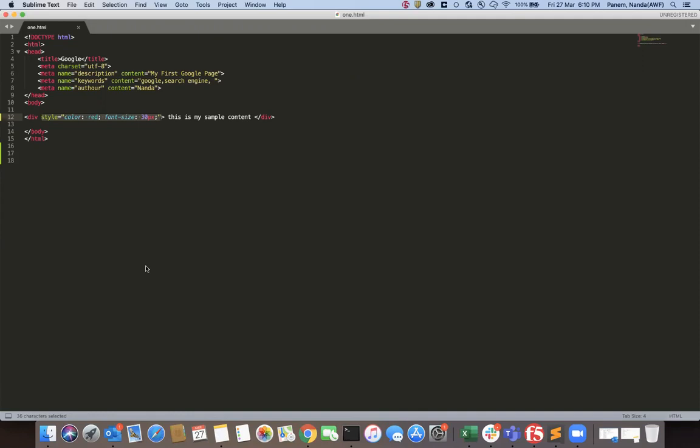Now once you are providing styling with inline style sheets, what makes the difference here? Why should we not use much inline styling for an HTML page? A simple example I'll tell here. I have 10 divs like here.